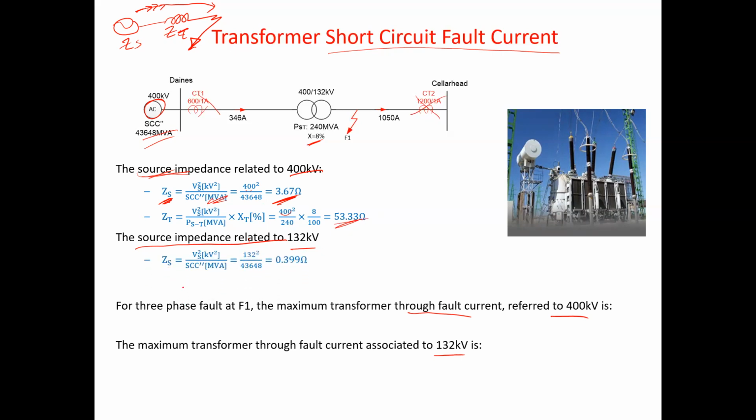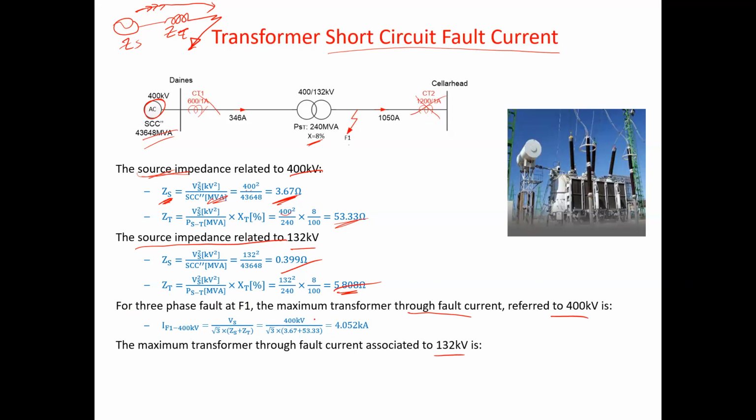Okay, from that we can calculate the source impedance referred to the 130 kV, and then we just change the voltage value. Now we have 0.33, and similarly the transformer as well, and then 5 ohm. Okay, so from that, what we can do is calculate the three-phase fault at F1, which is this one,